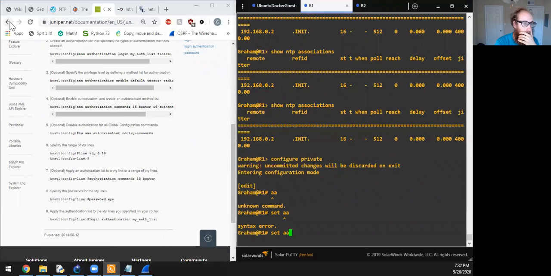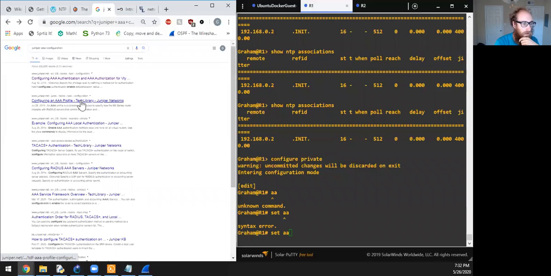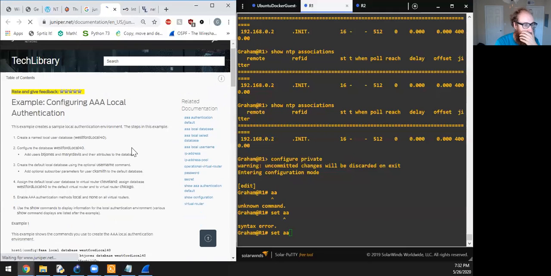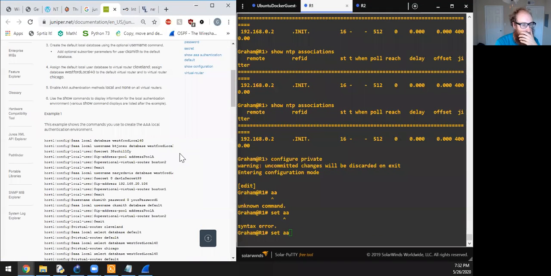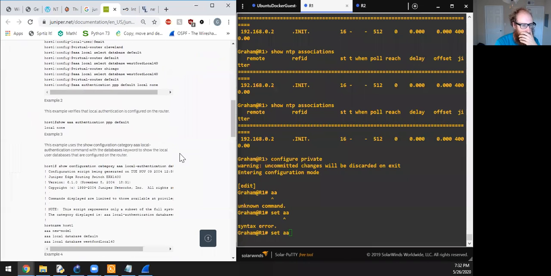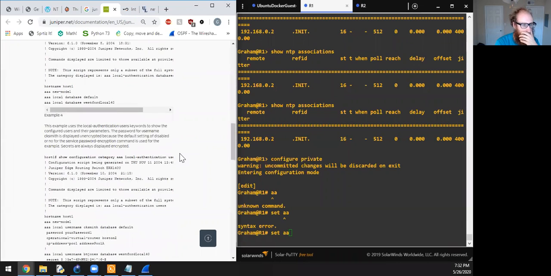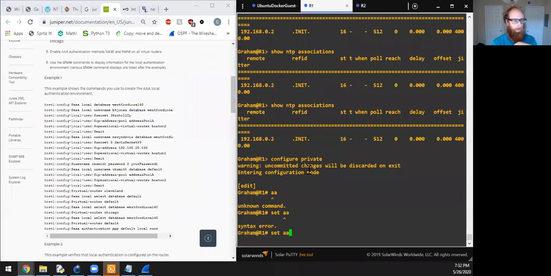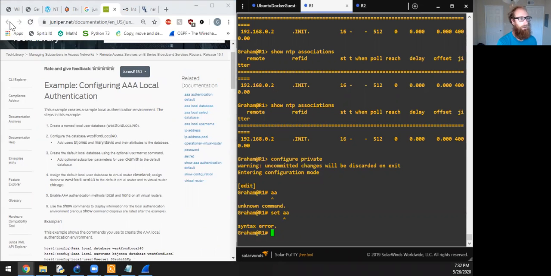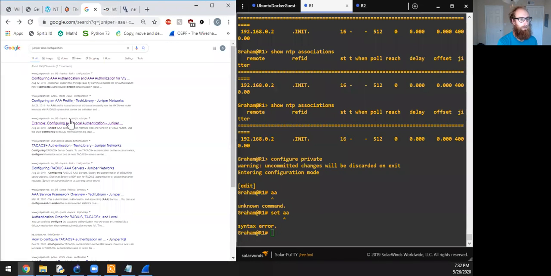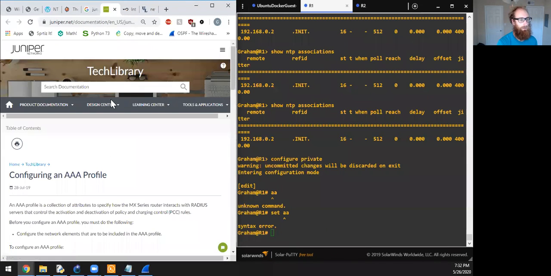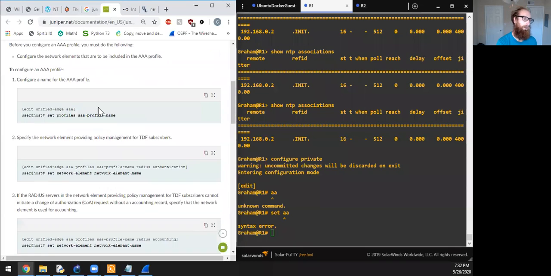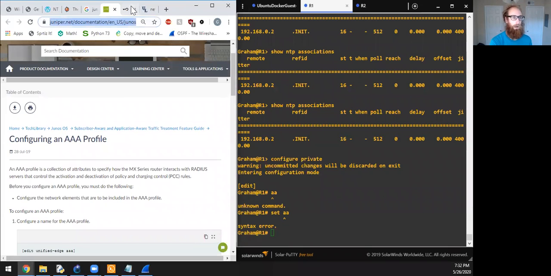I don't know why that's in the Juniper.net. Oh, okay, here we go. So this looks better. So, oh, no, this is Cisco documentation too. I don't know what's going on. Why is there Cisco documentation given? Oh, here we go. Okay, so here's AAA. We found this with the